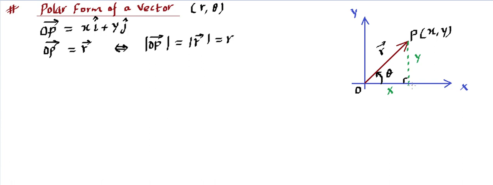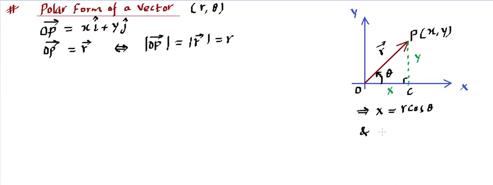This point, let's say, has the name C. So this OC length is X, CP length is Y. Using this right angle triangle, we can write the value of X as well as the value of Y in terms of R and theta. So let me write over here. Using trigonometry, we can say X is going to be equal to R cos theta. How am I able to write this? I have used the cosine theta rule. Cosine theta says base divided by hypotenuse. So X divided by R is cos theta. Rewriting, we will get this.